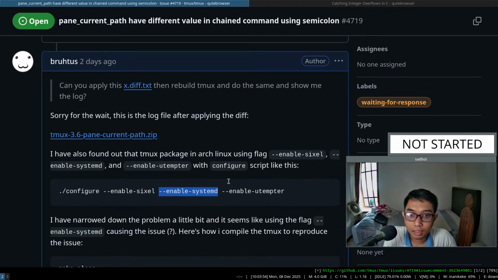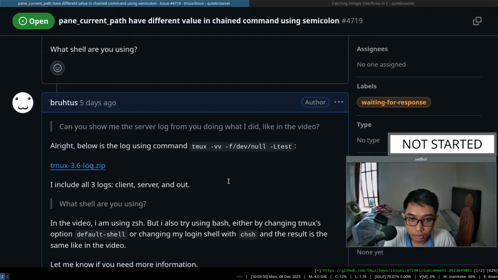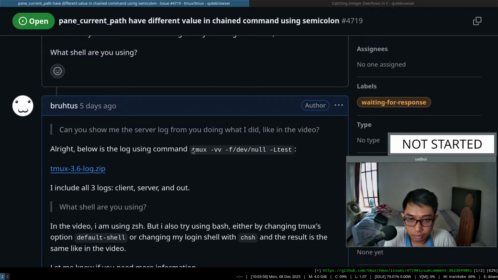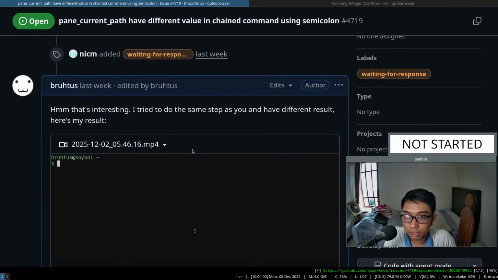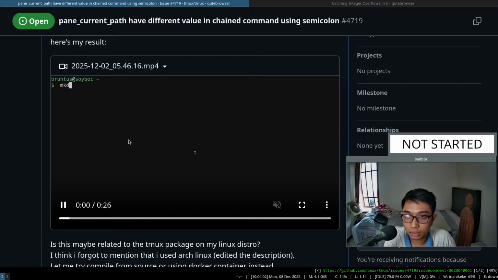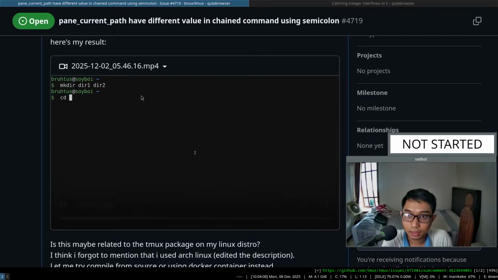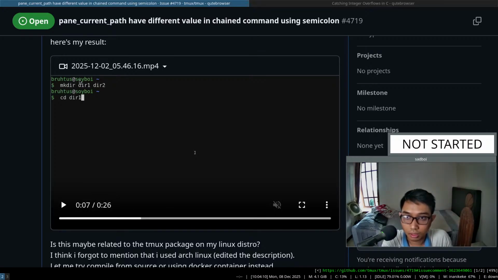Okay, that's basically it at the minute. Or maybe I can show you this video, I guess. This is how the bug appears. So we create a directory, right? New directories, tier 1 and tier 2, and then change directory to tier 1, and then we open tmux